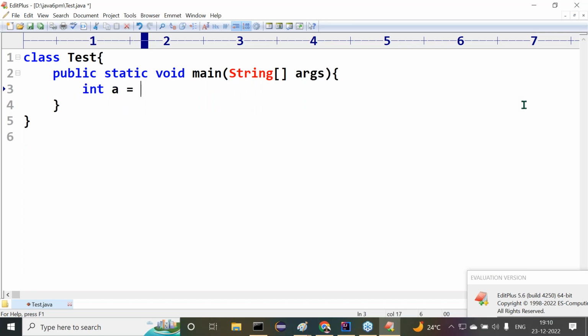int a = 5; System.out.println(++a * --a / 2 - ++a);